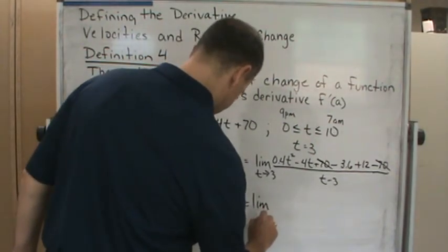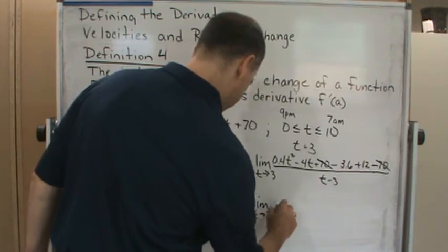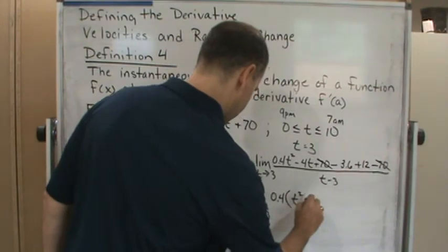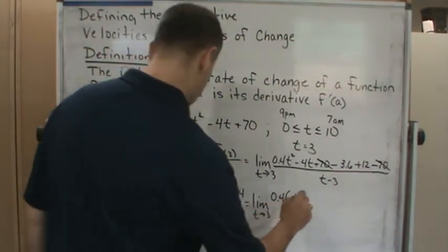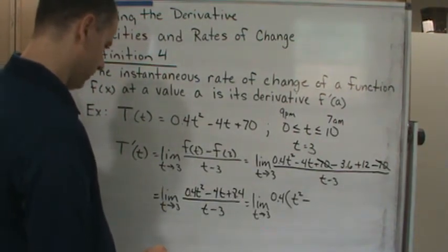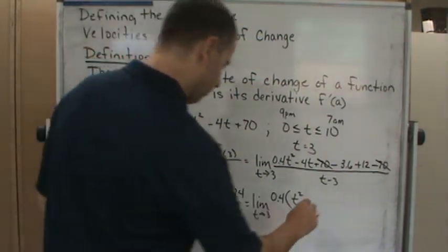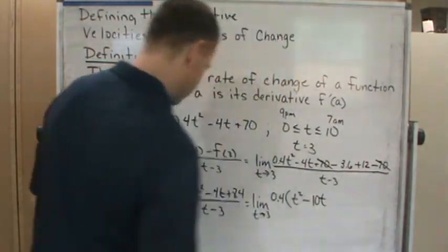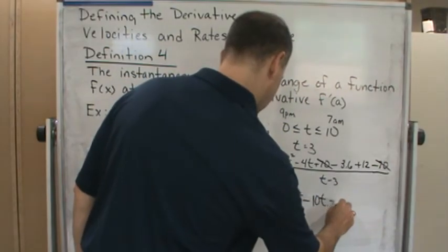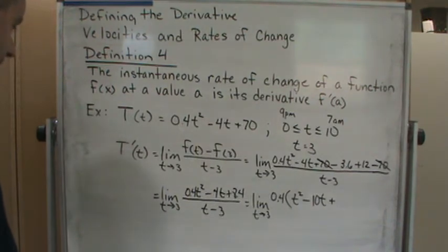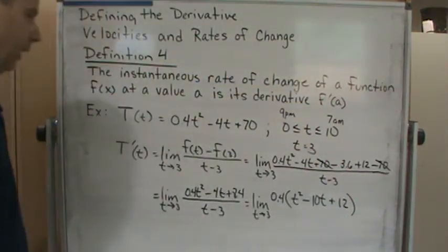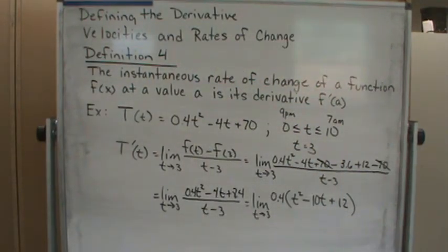So we get the limit as t approaches 3 of 0.4 times t squared minus 10t plus